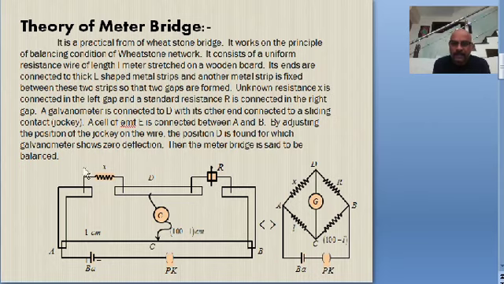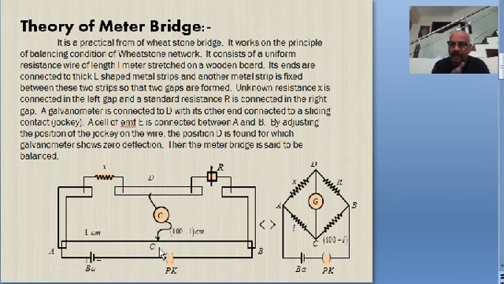So resistance X divided by R is equal to resistance RAC, which is proportional to L, divided by resistance RCB, which is proportional to 100 minus L. This is the balancing condition. Remember again, you can slide the point C from the end A until a point where the current becomes 0. If the current becomes 0, the network is balanced.